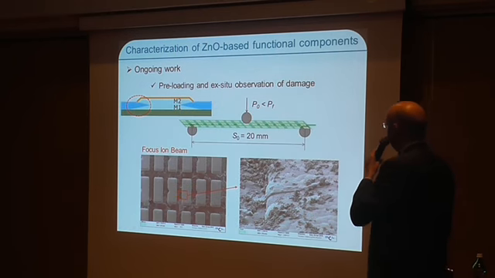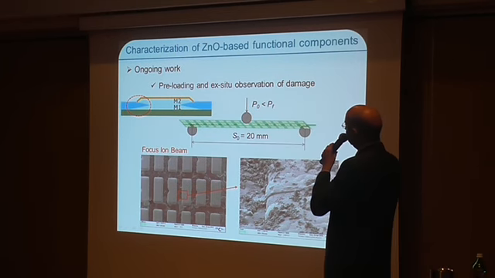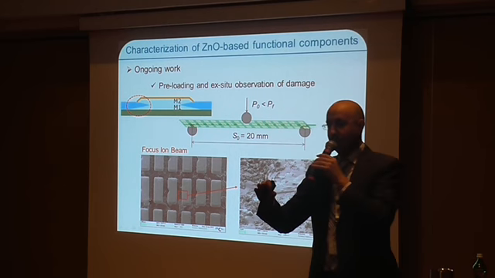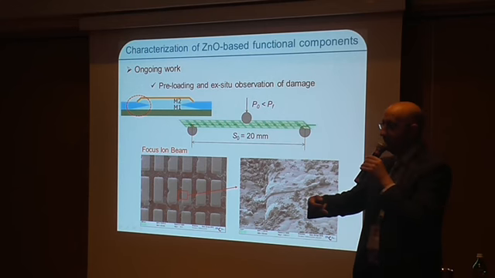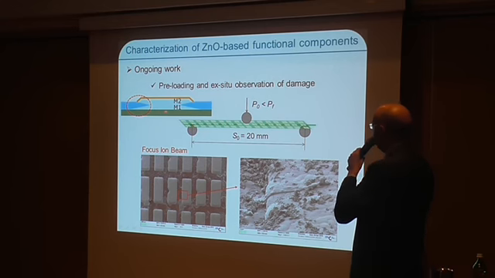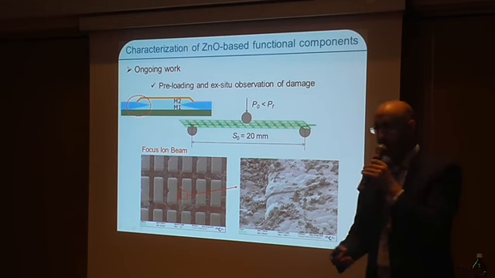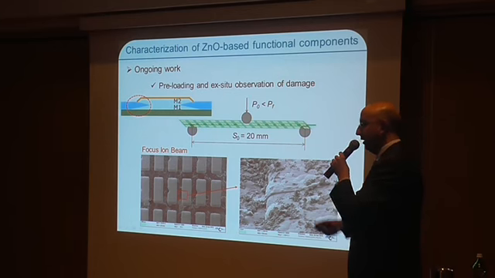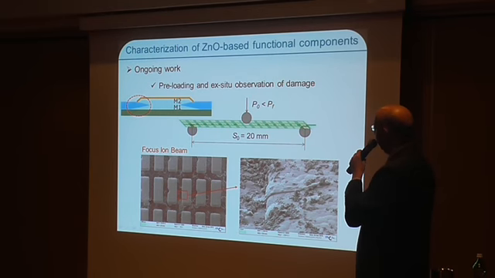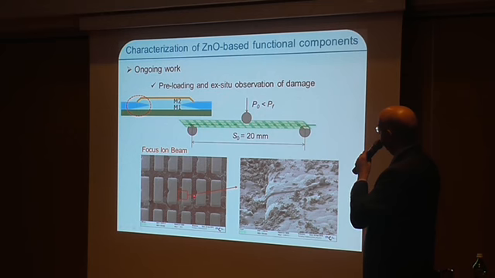Now, there was just a model. What we did, and I think it's interesting, is some preloading on rigid samples where we just do not break the samples, we just preload them and then examine how the damage is on it. So I think this focused ion beam technique is very useful for these brittle materials where you can induce some damage and then look at the location that you have preloaded. With this, we did 3-point bending, and then we went to the SEM, made some focused ion beam cuts, and then if